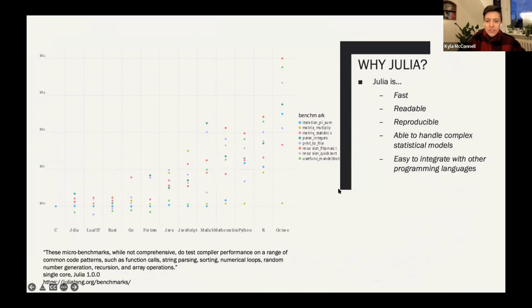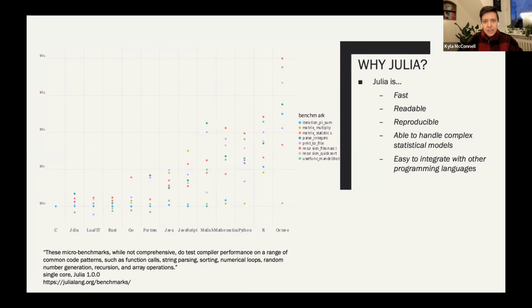Then I wanted to show just a couple of benchmarks from the Julia website. My formatting got a bit off here, but basically they're little benchmarks that show the performance of different programming languages. Right here we have Julia on the left, and R and Python are over here on the right, and there's a couple other languages mixed in too. Because this is in scales of order of magnitude, you can see that Julia is way faster than R, for example. I don't know if that really surprises that many people. Maybe it surprises you. If you're a user of R, maybe it does not surprise you at all. It's also faster than languages like Python. So it's really fast, and like I said a moment ago, it's really readable.